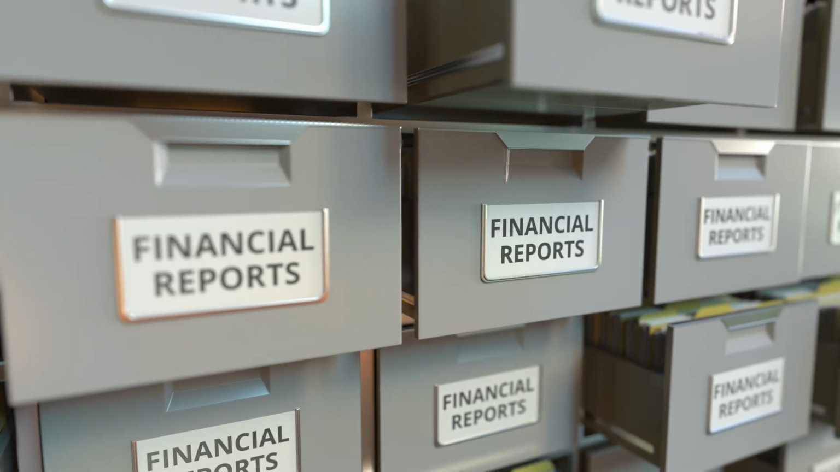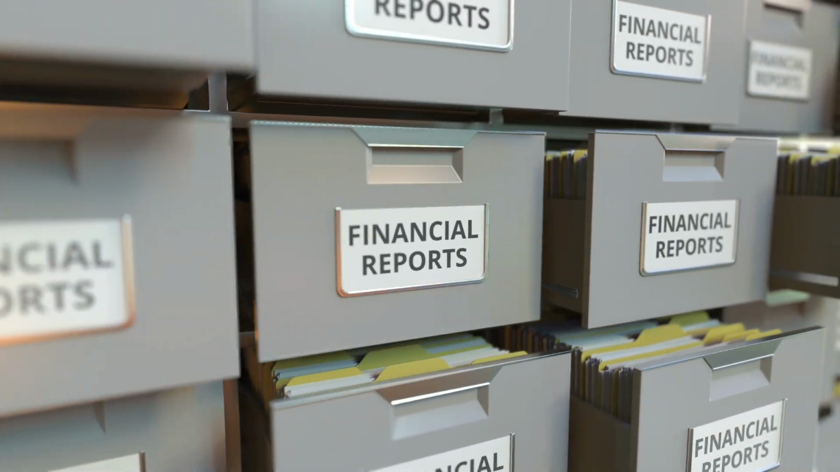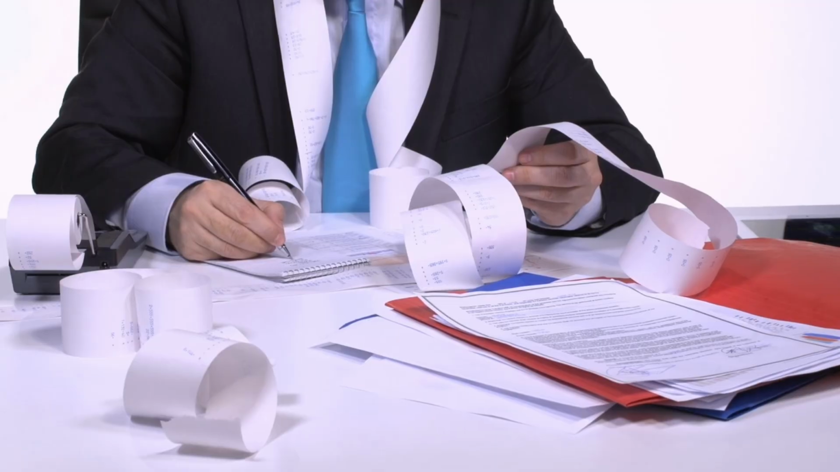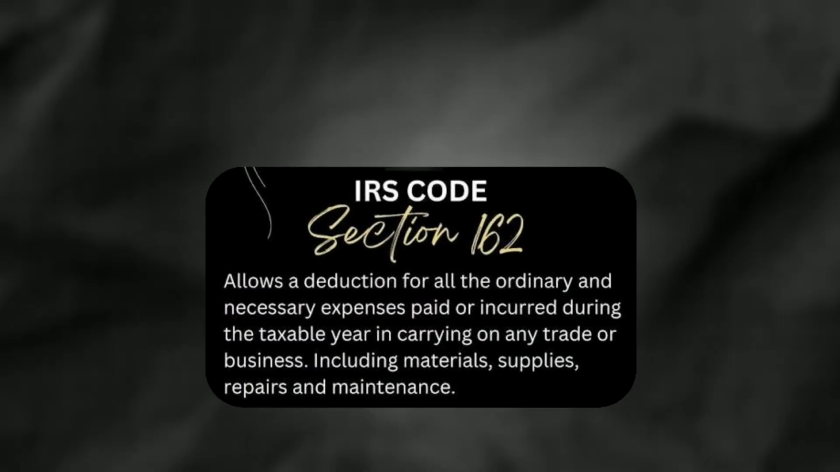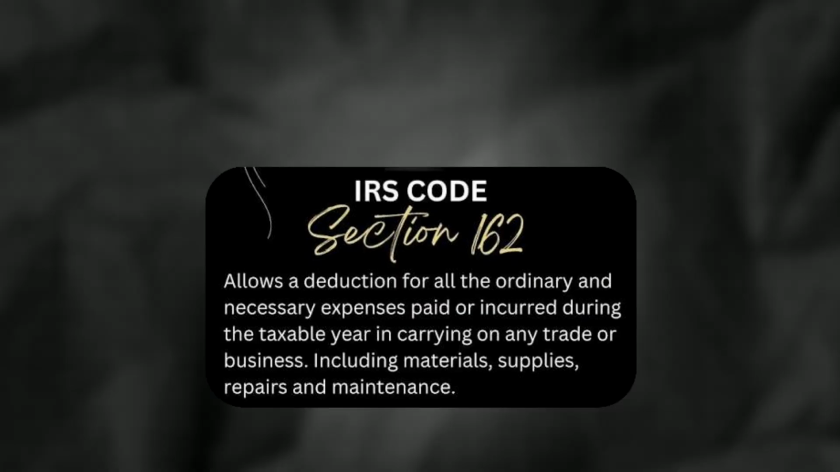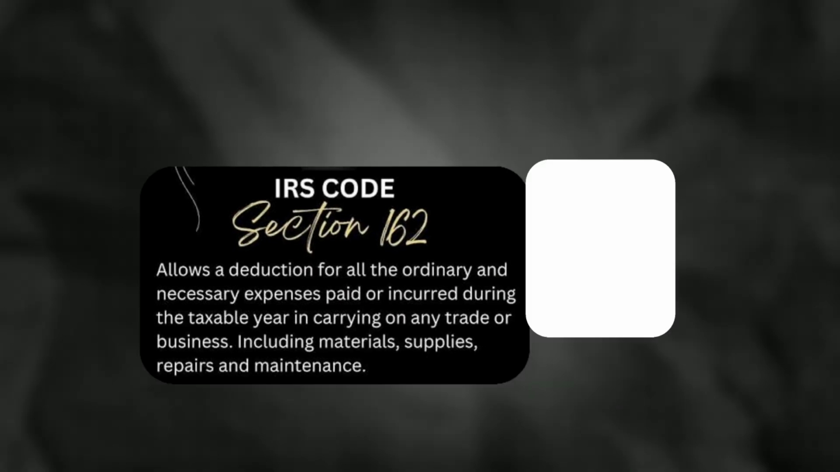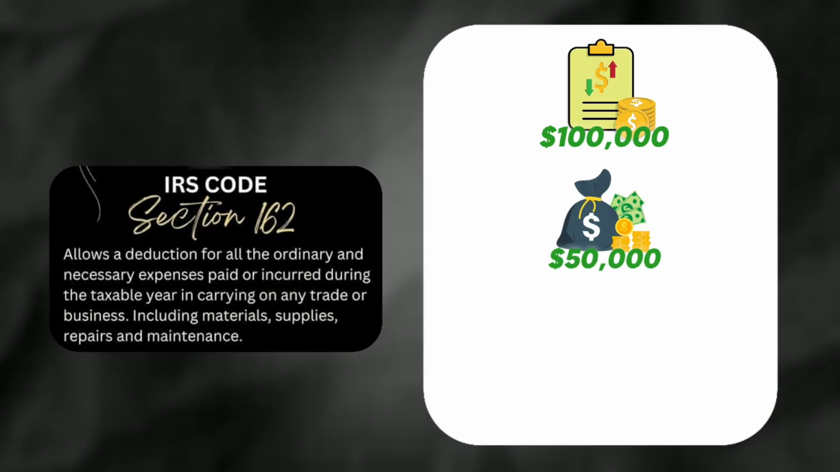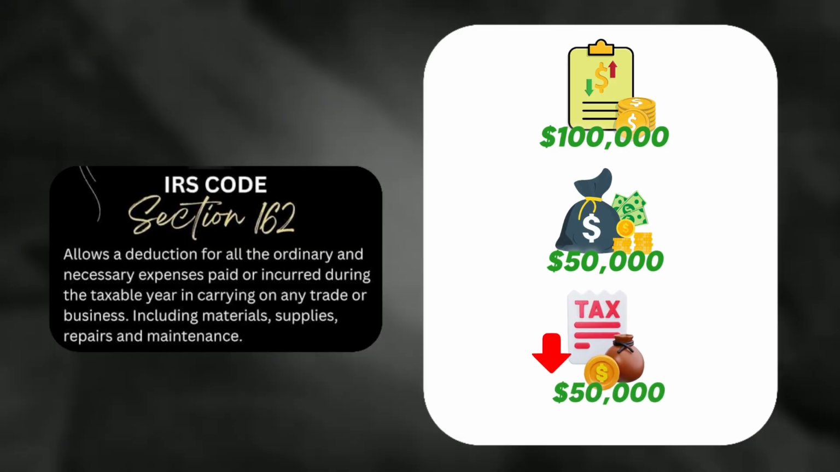As a business owner, it's your responsibility to maintain accurate financial records, and you need to track every dollar of income and every business expense as well. Under Code Section 162(a), you are allowed to deduct expenses that are ordinary, necessary, and reasonable in pursuit of your business income. So if you brought in $100,000 but spent $50,000 on legitimate business expenses, your taxable income drops to